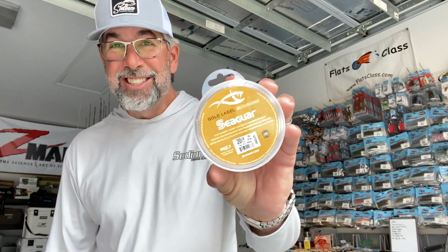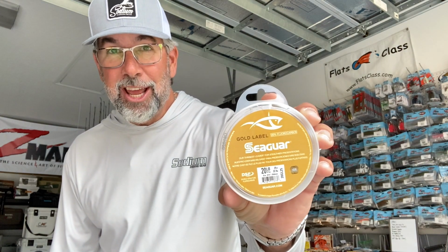The second part you're going to need to know about is, because we're fishing these things super slow, in most cases I always talk to you guys about using mono leader, especially heavier mono leader, because we're fishing for bigger fish. But in this style of fishing, to get these tough springtime clear water fish to eat, you've got to downsize. Now, you can downsize to 15-pound fluorocarbon leader, but this Cigar Gold stuff that they came out with,